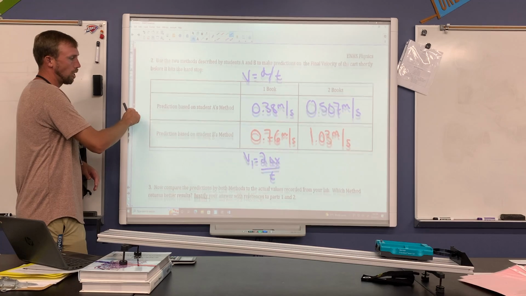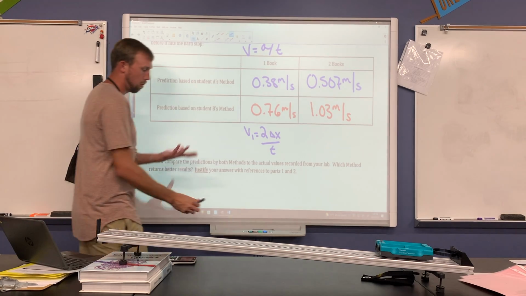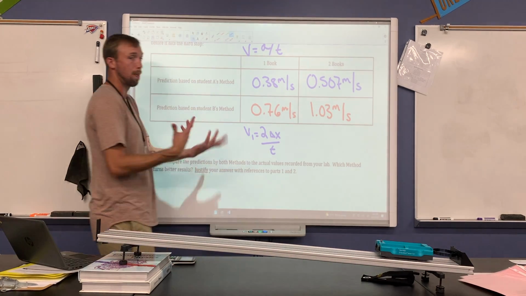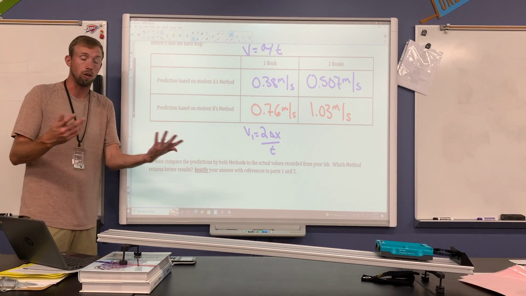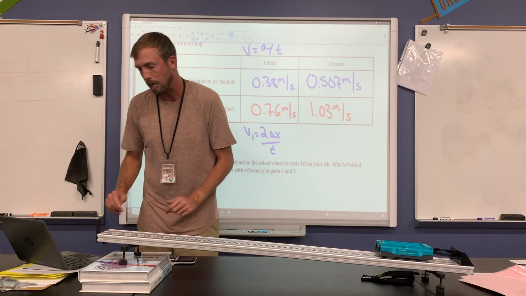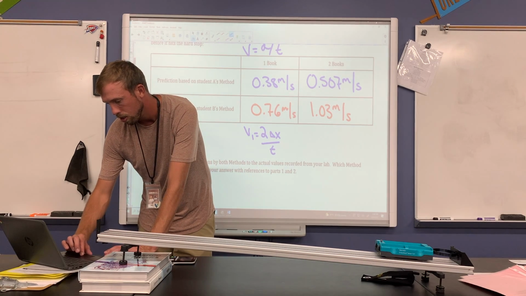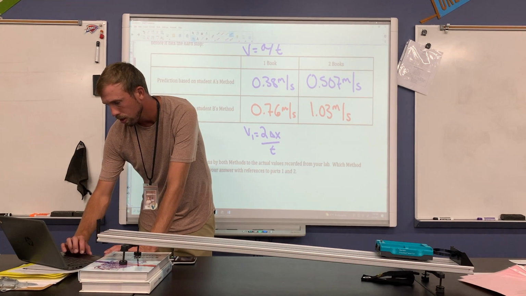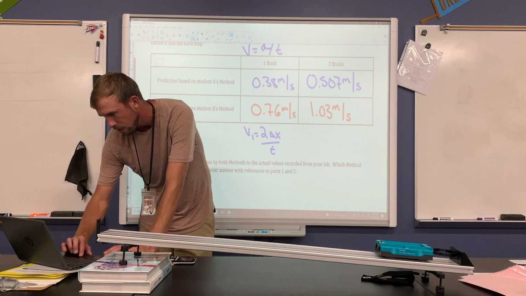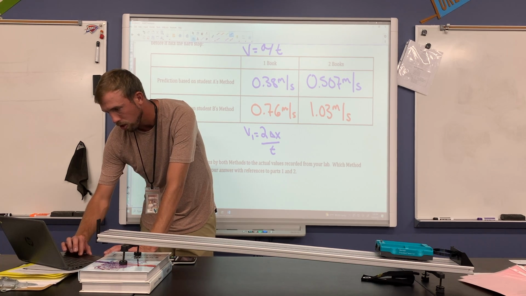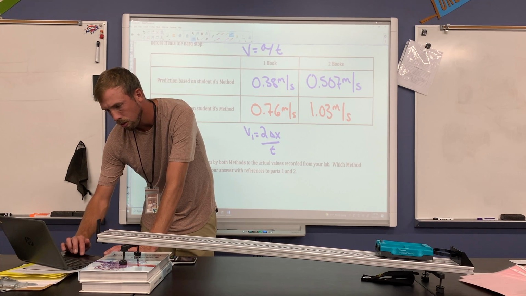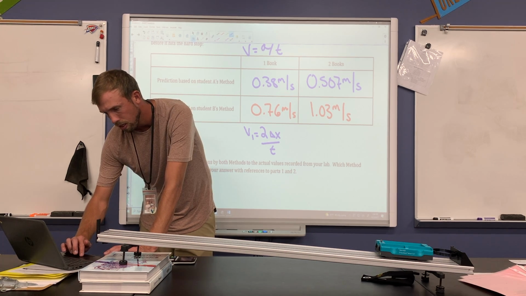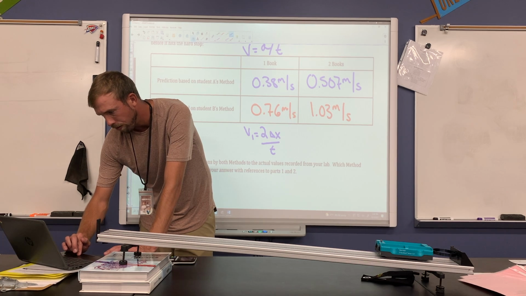Okay, so now the goal is, what's real? We've made a prediction based on each student's opinion. What actually is the final velocity of the cart right before it hits the wall? So let's come back to what we see on Vernier, okay? And I'll probably have my screenshots in here. I've got trial 1. Let's go final velocity. So trial 1, we're seeing a final velocity of